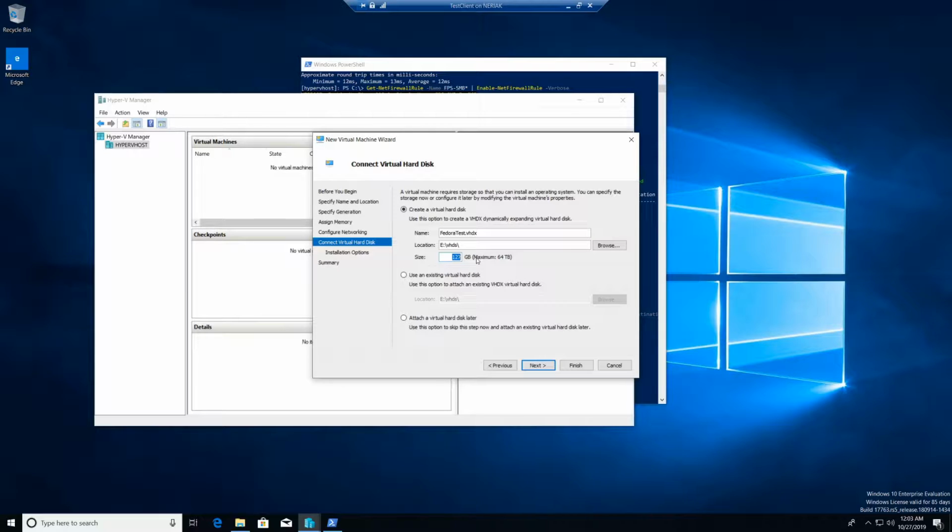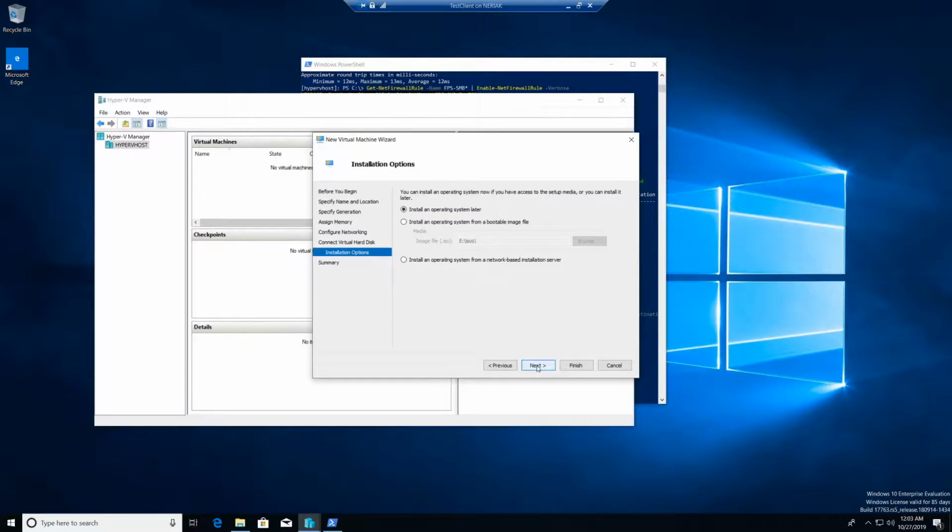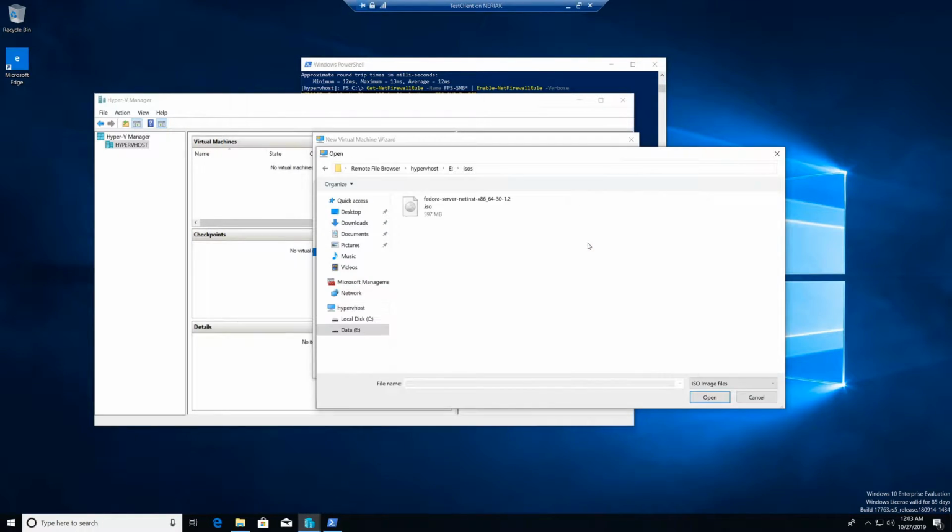You can put that anywhere that you would like. And for size, we don't need 127 gigabytes. We're going to give it 20. And that's actually more than it needs, but we'll be fine for this. If you already have a VHD, at this point you can attach that to the virtual machine, or you can make a VM without a hard drive and you'll attach it later. But we're going to just do it as a part of the creation process for the VM. For installation options, we can install an OS later, but since we have the ISO there, we're going to choose install an operating system from a bootable image file, and we're going to browse to E:\ISOs, and there's our ISO